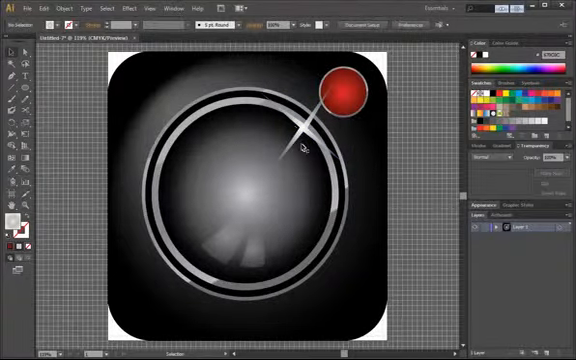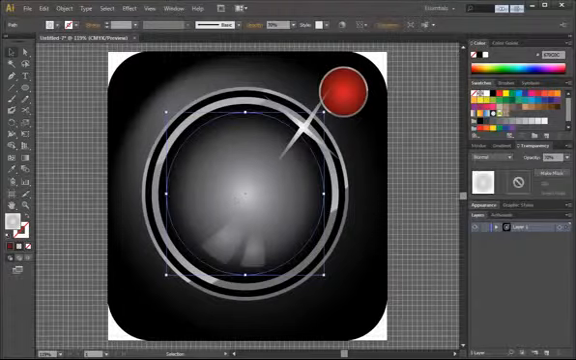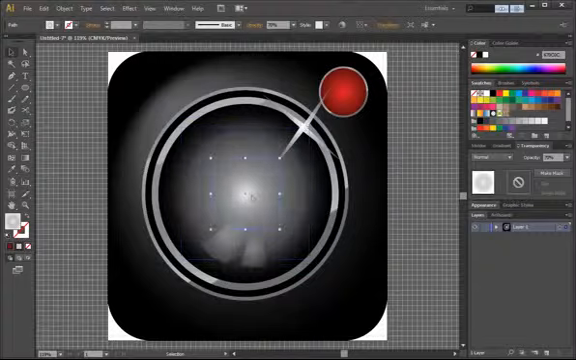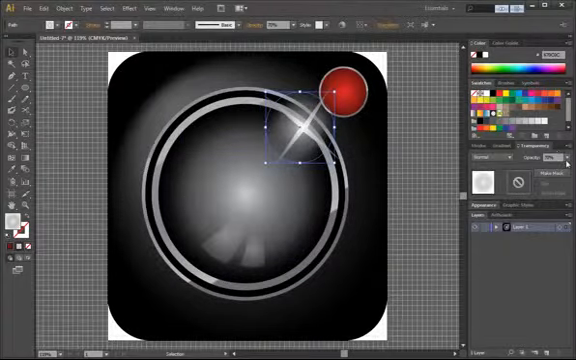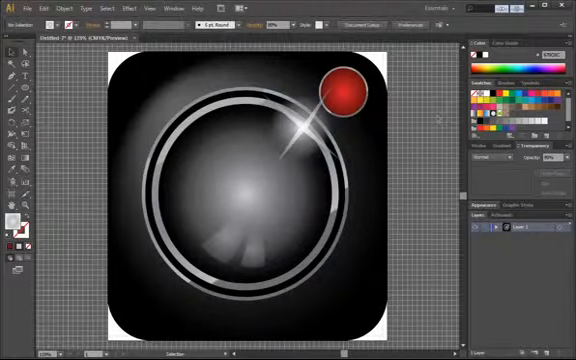accept imperfections. Okay, and then we're going to take this right here, the inner glow, duplicate that, scale it in, put it right around here, maybe make it a little bit brighter. Okay,